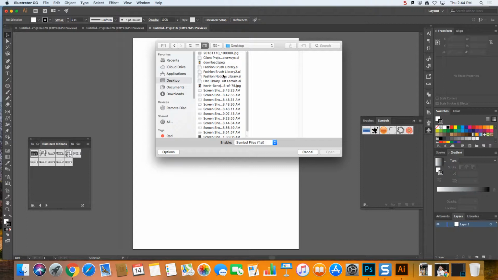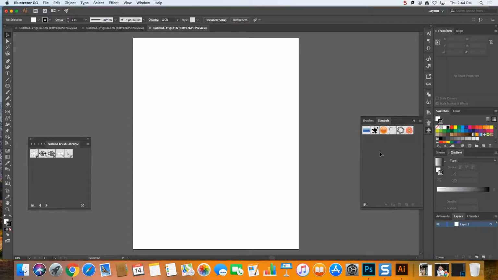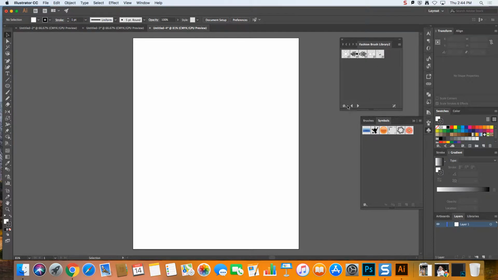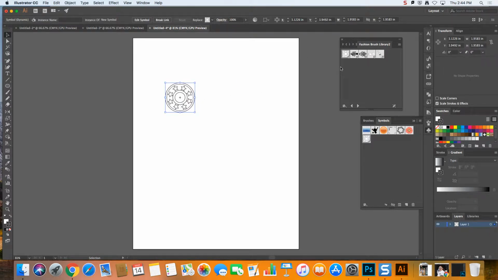Desktop. Open. And here it is over here. It opens up like with all the other libraries that I opened up as a demonstration earlier. So we can drag any of these out. And just to review,